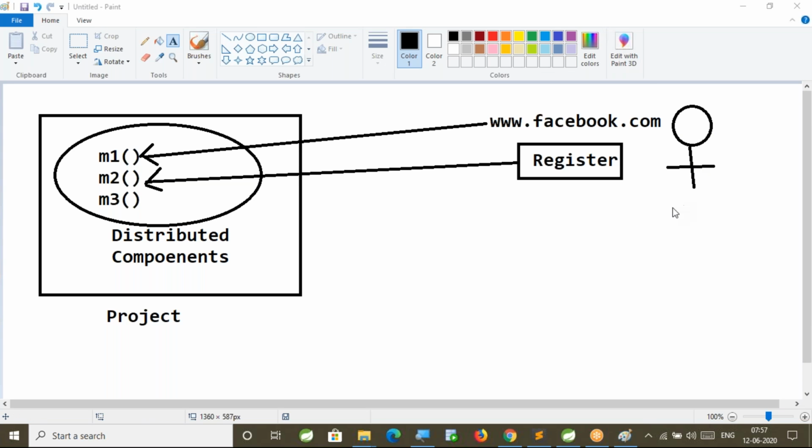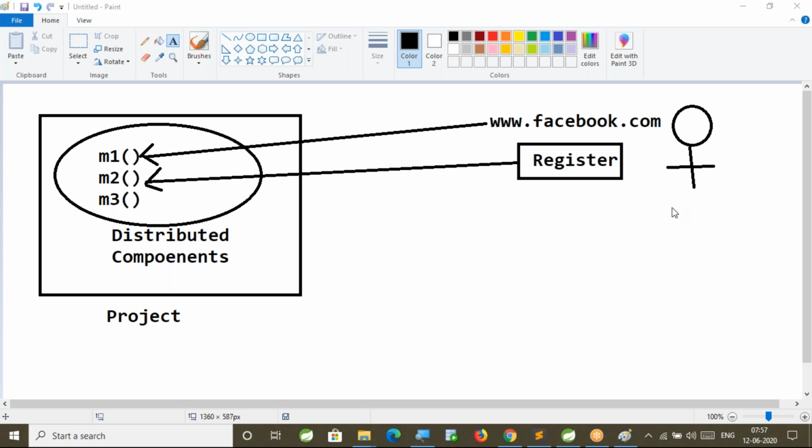He is a banking employee working in a bank, right? He wants to use this Facebook. The bank employee from an accounts background doesn't know what a programming language is. He doesn't know how to create an object for that class. He doesn't know how to call that method. Then how are you providing access for that user? That's where we need to bind our distributed components to URL patterns.